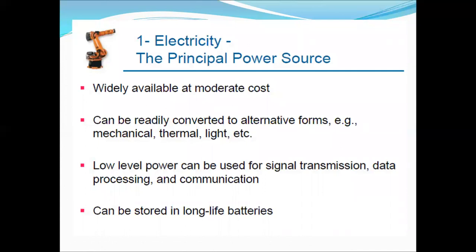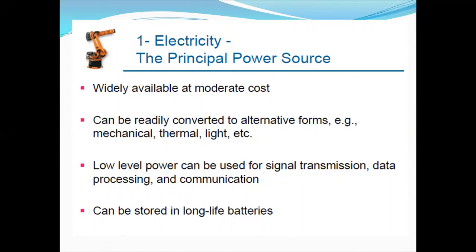Okay, you know that electricity is the principal power source, so you know that it is widely available and can be converted easily to alternate forms. For example, mechanical: in the case of a motor, you will find that the electricity is converted into torque or mechanical output. Sometimes we need thermal output, in the case of heating devices or a furnace, where the electricity is converted into heat, and sometimes light also. So therefore,